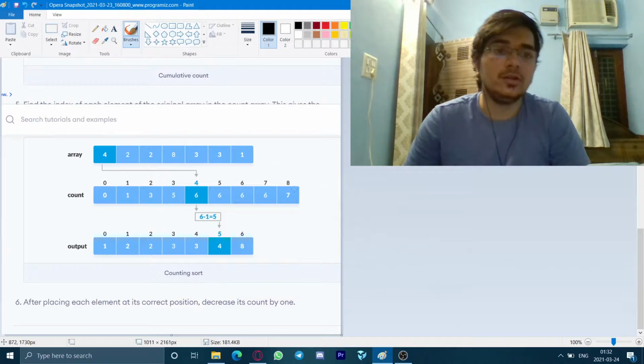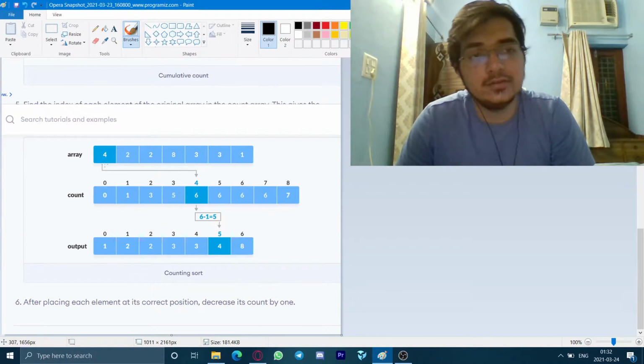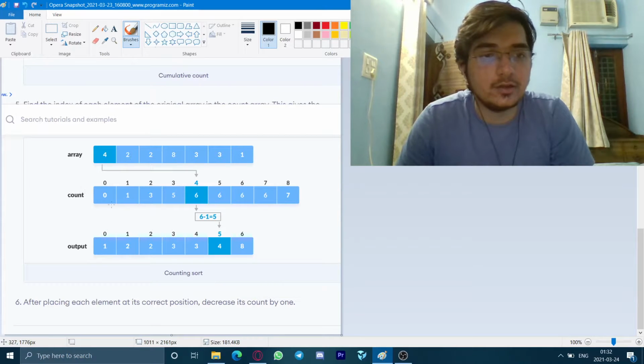So coming on to the next step, which will be requiring both the arrays, the original array and the counting array which we formed, which has the frequency of all the elements in it.